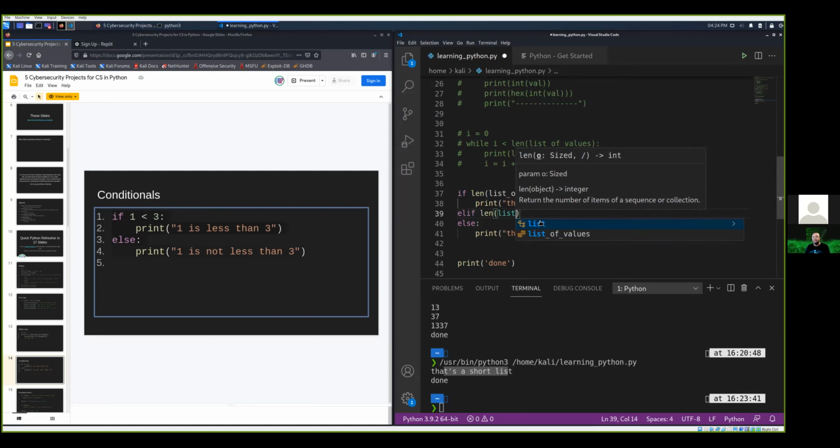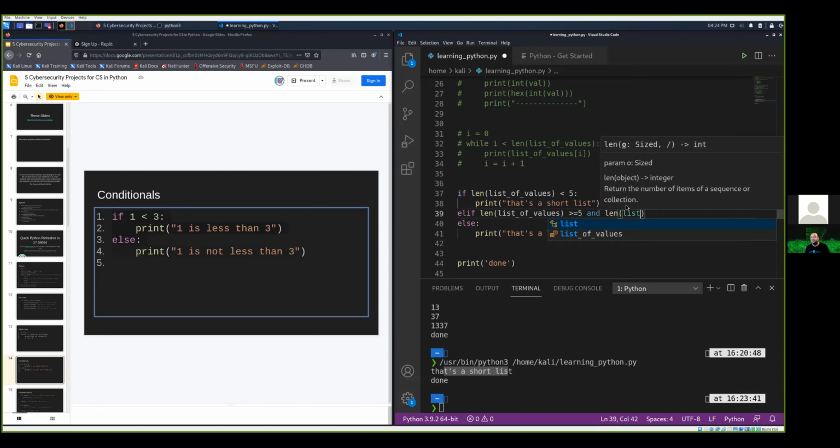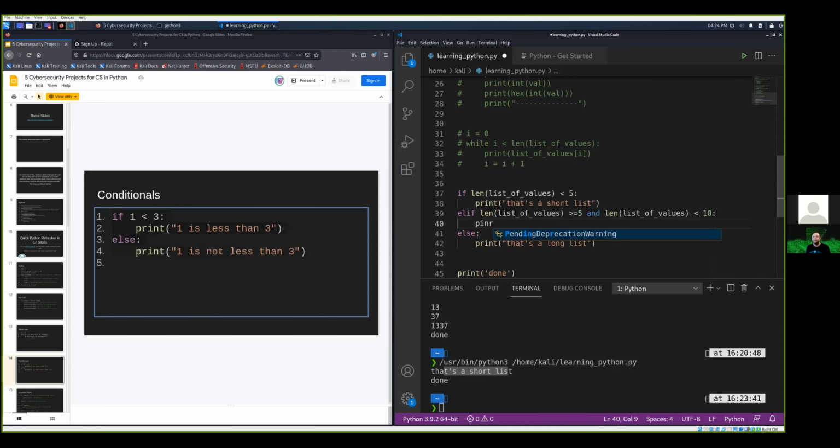len of list of values, say that if it's less than 5, if it's greater than or equal to 5, I'm sorry, yeah, greater than or equal to 5, and the len of the list of values is less than 10. 10, yeah, there we go. I noticed I put that colon right here. I'm going to put print, that's a medium